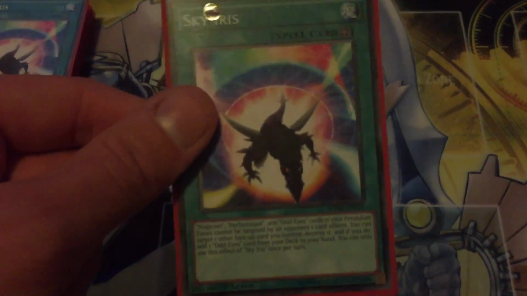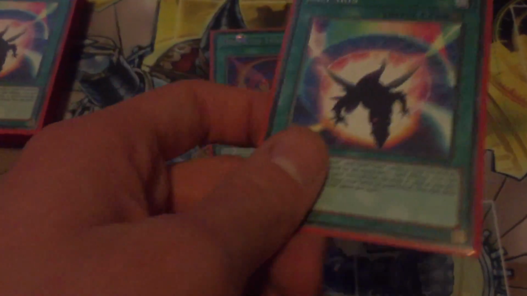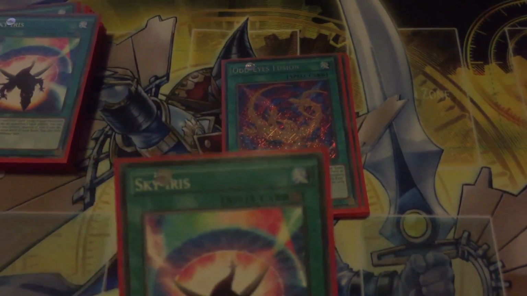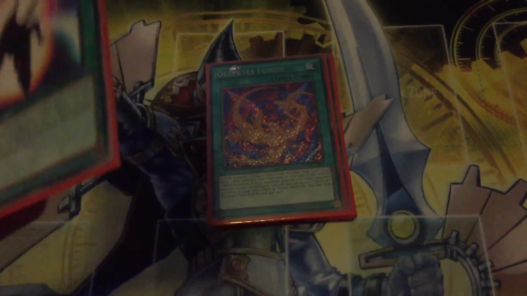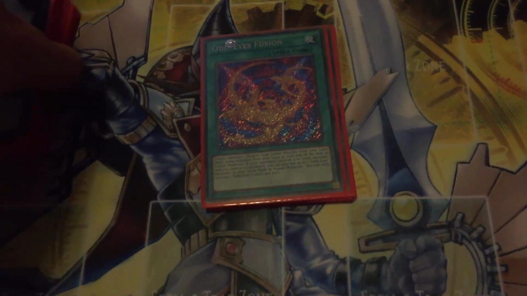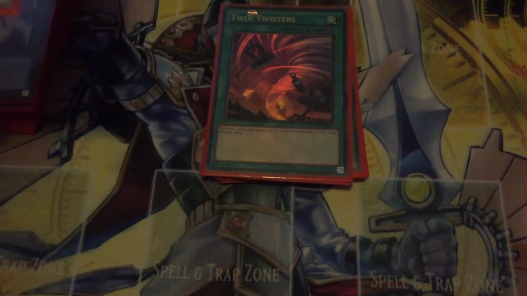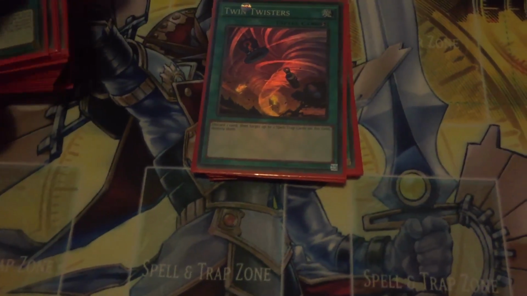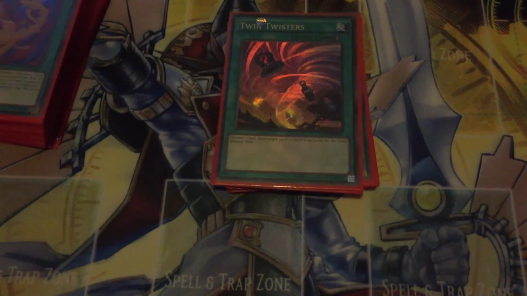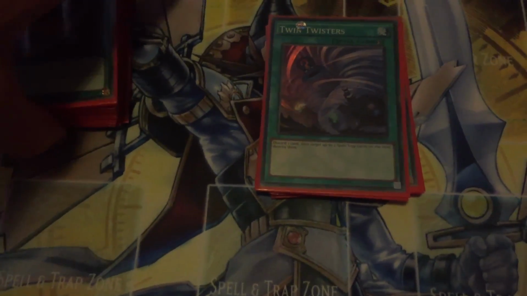I can blow up, say, a pendulum scale, or just a useless monster that I've got on the field, to simply add an Odd-Eyes from my deck to my hand, which can then obviously help me bring out the fusions, the XYZs, the synchros, etc. One Odd-Eyes Fusion as before. I would like a second copy of this, but unless I can acquire some decent, more Odd-Eyes fusions when we get released, or if they get released,